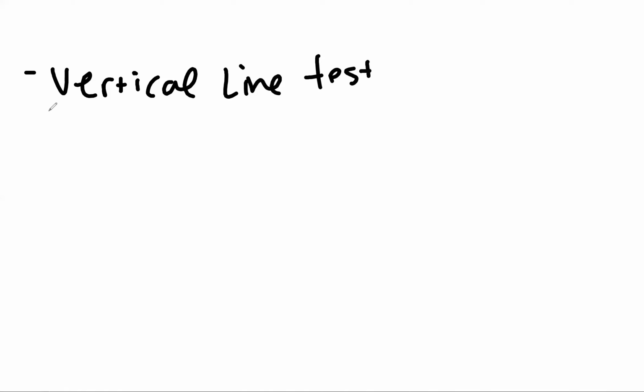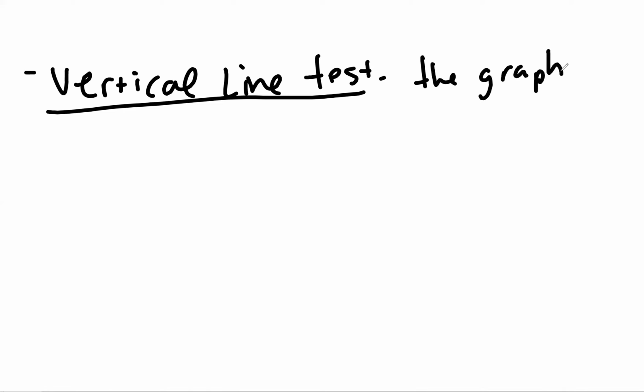There's something out there, which is pretty cool, and maybe you've read about this if you look through the notes previously. It's called the vertical line test. Anybody hear about that? Pretty cool. All right, the vertical line test tells me the graph that we're looking at, our picture, the graph is a function